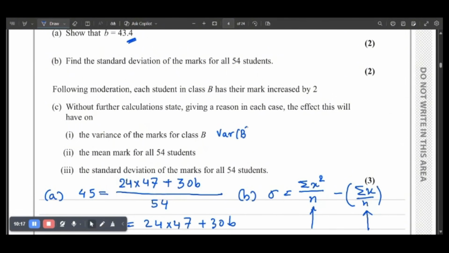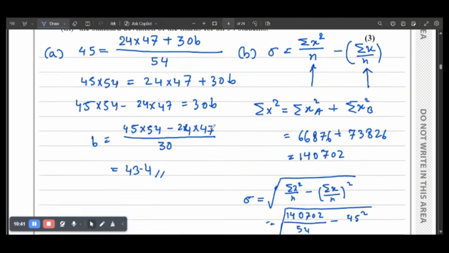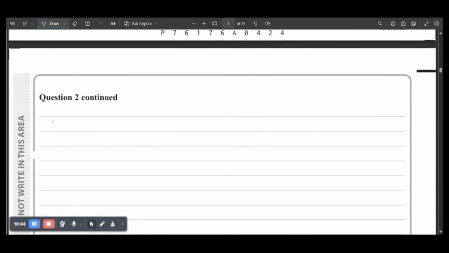We know the variance is not affected by adding and subtracting. It is only affected when our data is multiplied by some factor or divided by some factor. It is not affected when we add something or subtract something. So our variance will be the same as before. So we can write it will have no effect,